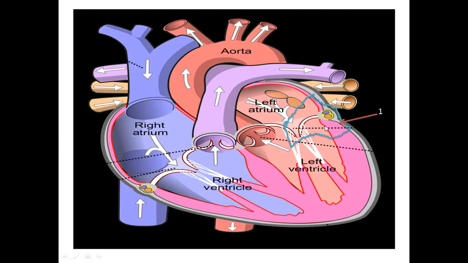So the red line here is indicating the first layer, which is endocardium. The pinkish area on this schematic diagram is indicating the myocardium, the middle layer made up of cardiac muscles, and then the outer part is the epicardial part. And in epicardium, you must have gone through that there are coronary blood vessels. So there is an artery and a vein which are indicated by this yellow area here. They are present in the next micrograph.